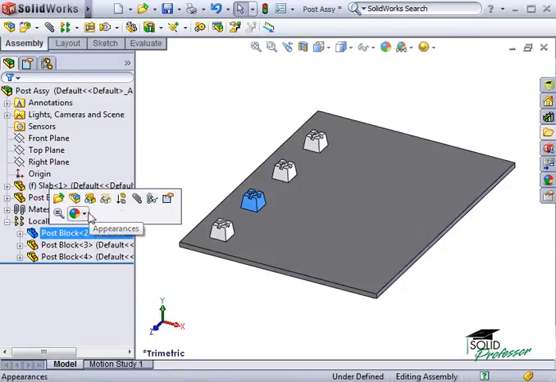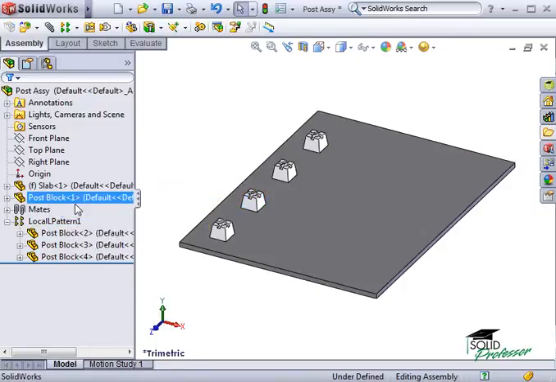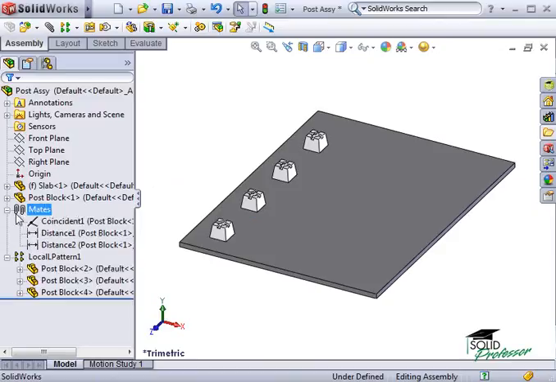Now, one thing you won't see in the Feature Manager tree are additional mates. If I expand the mates folder, you can see only 3 mates exist, and they all pertain to the original post-block component. When a component pattern is created, the location of the resulting component instances is controlled only by the parameters of the pattern. Here, for instance, the new blocks are positioned 36 inches apart from each other along the